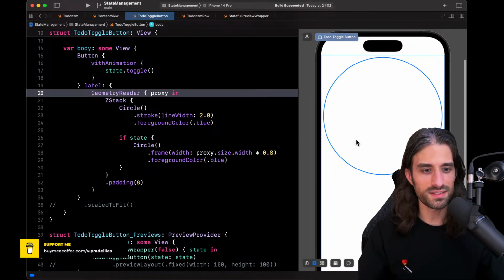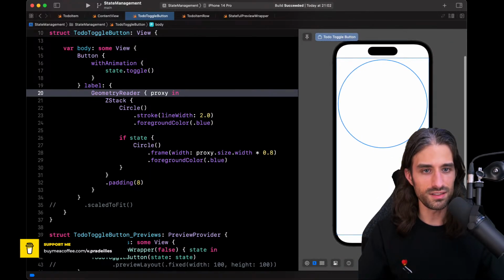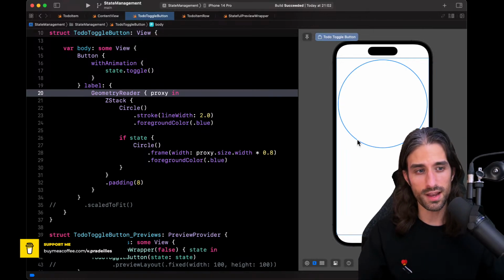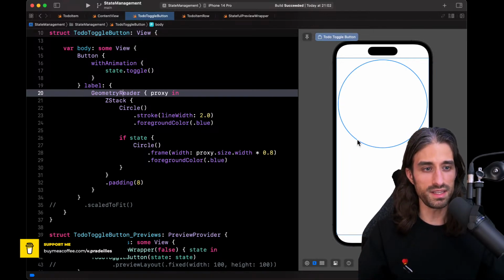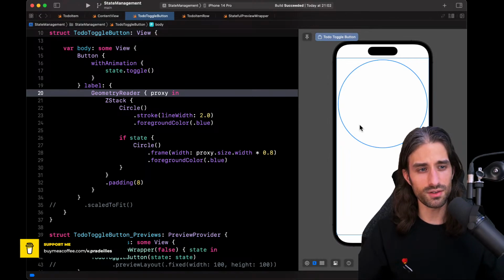Yes, so here we can see, let me de-zoom like that. Okay, you can see that the geometry reader takes all the space available to it, and then inside it, the circle takes as much space as it can, as much as its equation allows it to take, because it still must maintain its aspect ratio. And it draws from the top, because geometry reader is one of these views that draw from the top, just like scroll view, which is not the standard behavior in SwiftUI, but these views behave a bit differently from the rest.